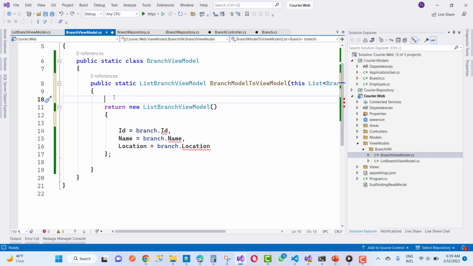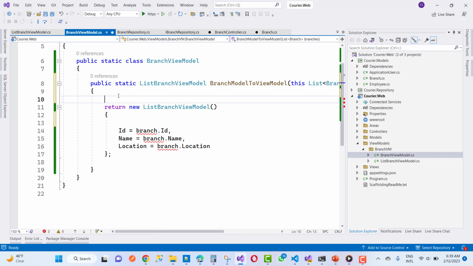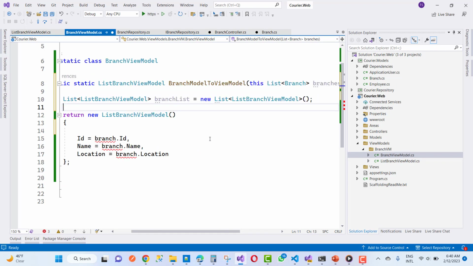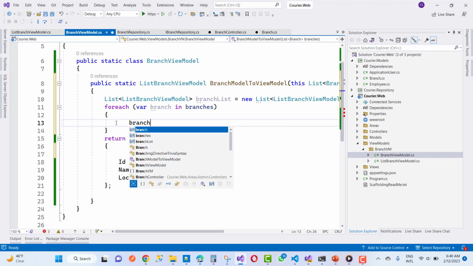You can say, just add a list of branches first of all, and I want to add a list of list branch view model, and that is the list branch list. Okay, and with the new list of branch view model. Okay, and I want to get a foreach loop. Okay, everything is fine. Now it's a new, so I want to add branch list